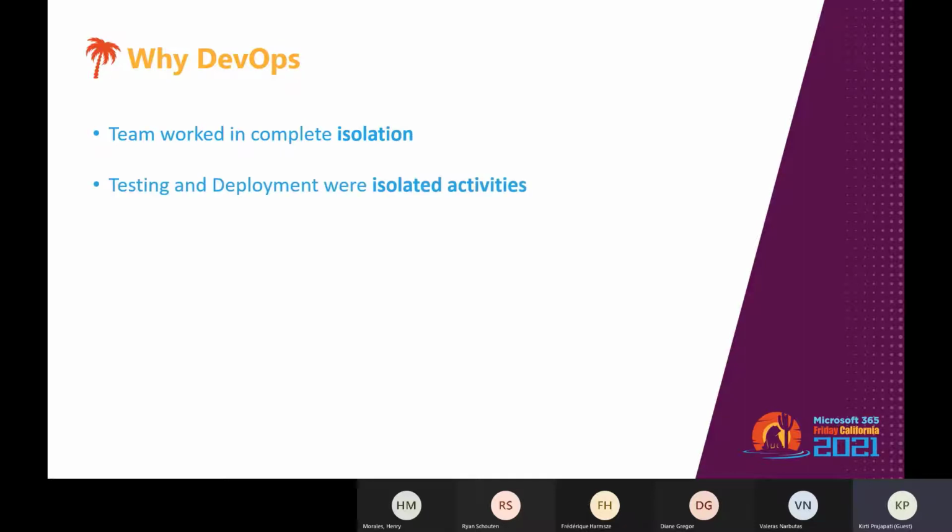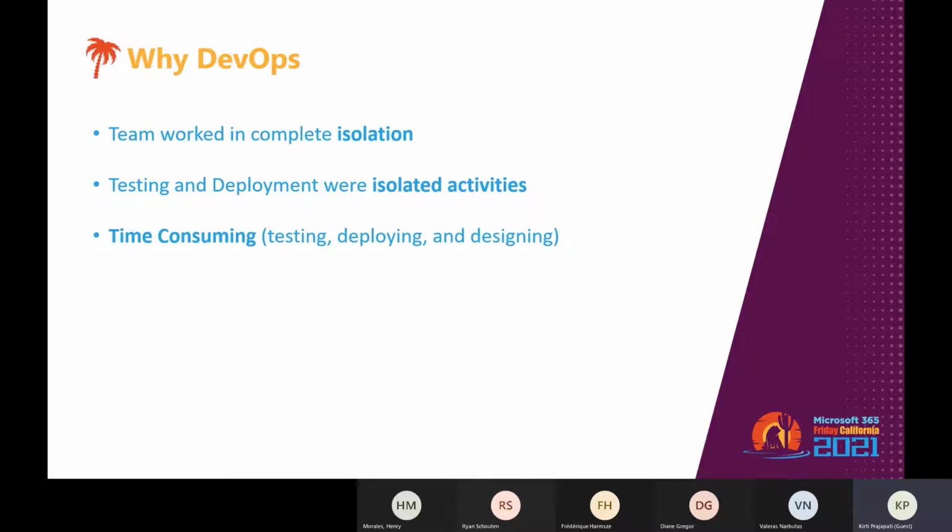And the second is testing and deployment were isolated activities. It has been done after design and build, hence they consume more time than actual build cycles. So for rapid delivery, DevOps combines tools and all processes in the cloud. Starting from developing the apps and testing them in the cloud by using automated tools, they can deploy as soon as the code commit happens in whatever repository you are using. Because of this, it helps to enable rapid delivery.